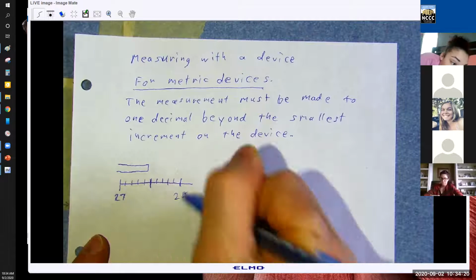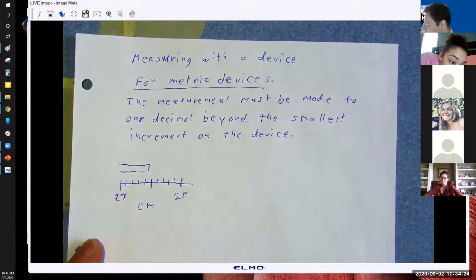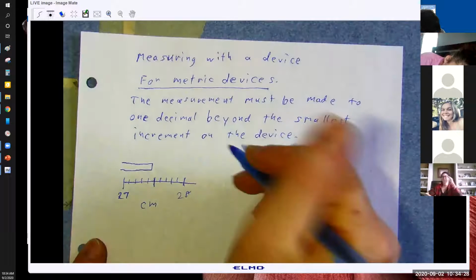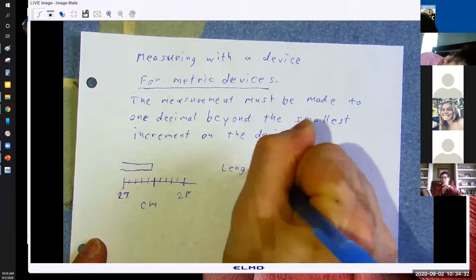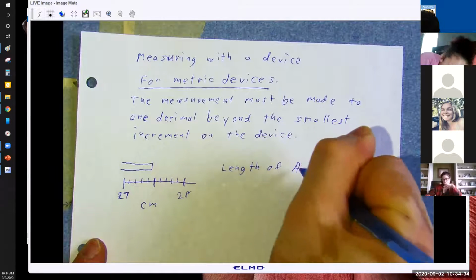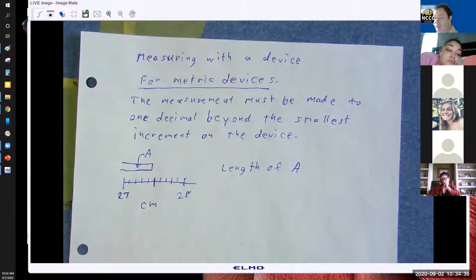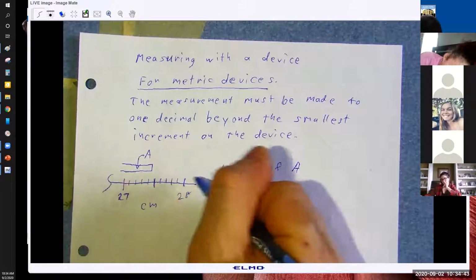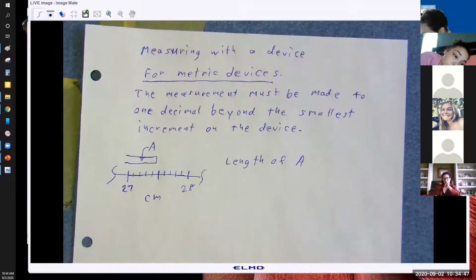There's 28. So say this is in centimeters, right? Length of A. So this is A. This is some object I'm measuring, and I've got a ruler which goes on in either direction. But you can see here I'm at 27, and